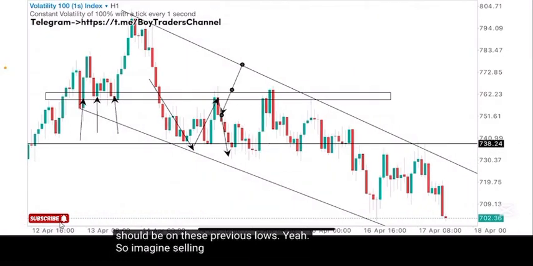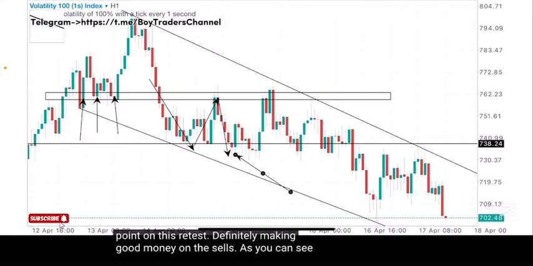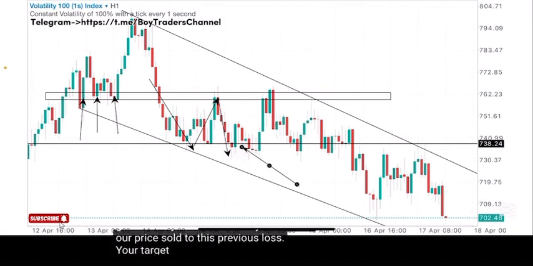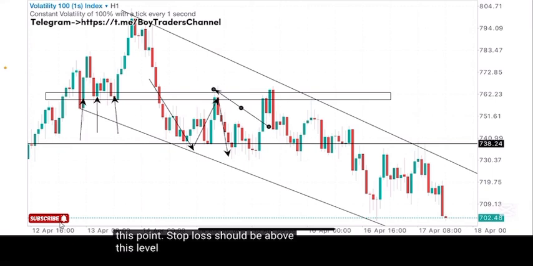Yeah, so imagine selling this index from this point on this retest. You're definitely making good money on the sells. As you can see, our price sold to these previous lows. Your target should be here. Entry at this point, stop loss should be above this level, at least above this previous candlestick. Then boom, the sells. We can still look out for sell opportunity on price coming back to this level the